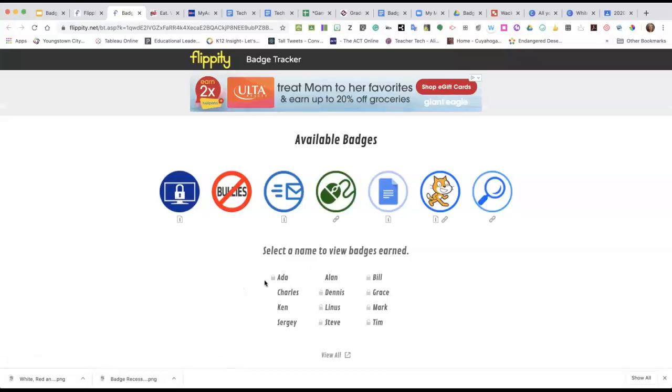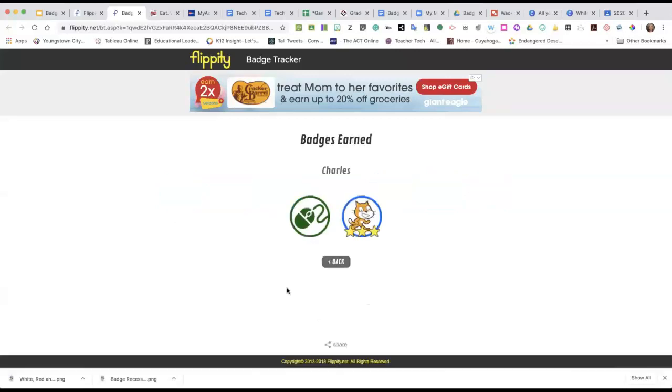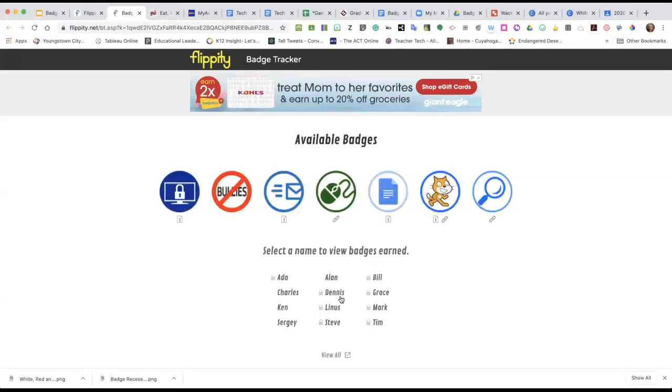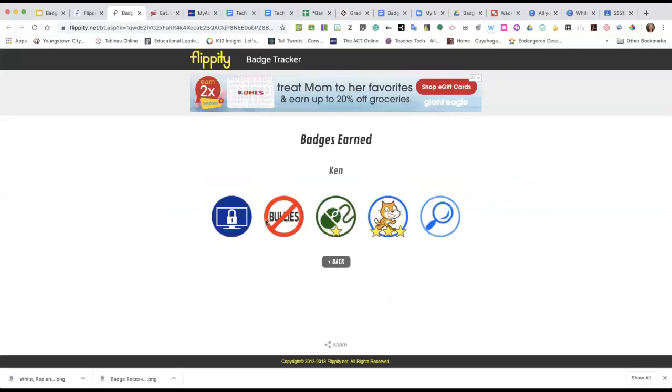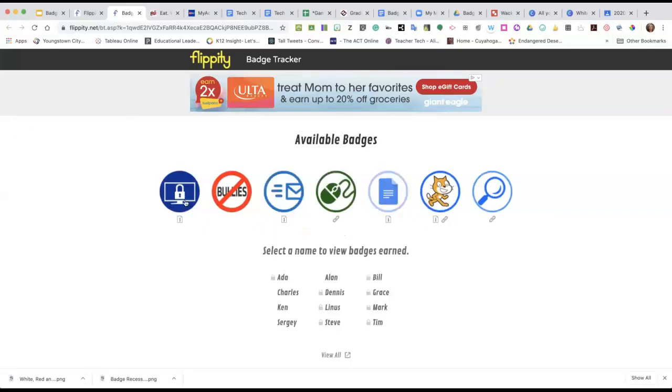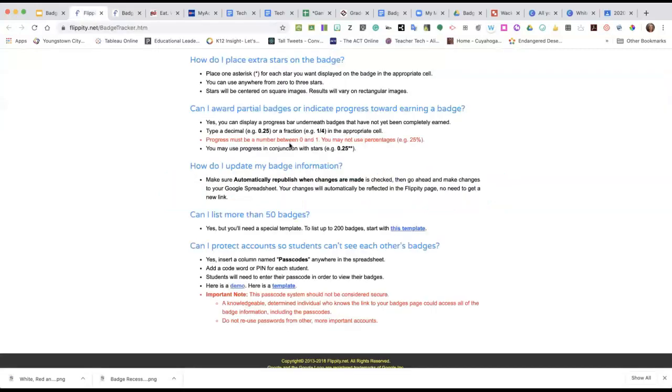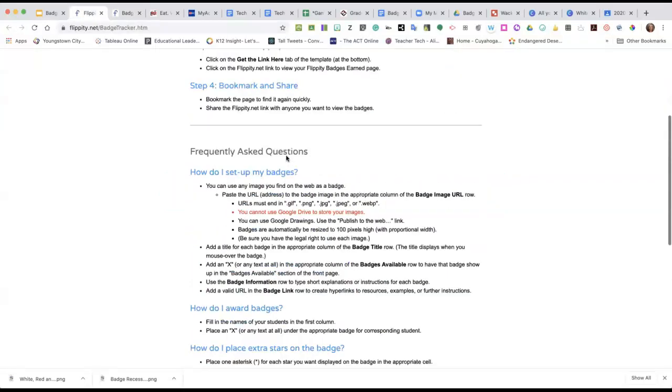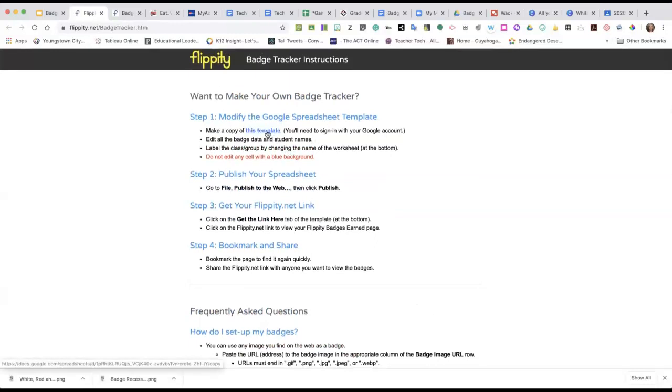So this is an example. See how there's a little lock next to these people's names? You can't see what badges they had, but I can see how many Charles has. With Dennis, it's going to ask me for a passcode. So I can't see Dennis's badges. I can only see the badges of the students that have them open. So if you wanted to keep it a secret, Flippity actually gives you a way to create a tracker with their template